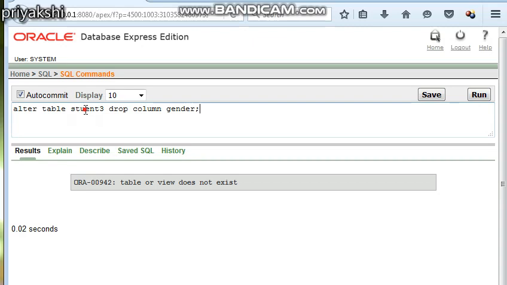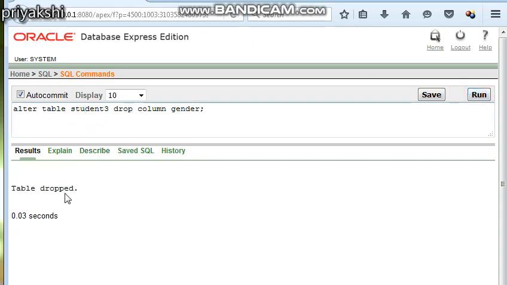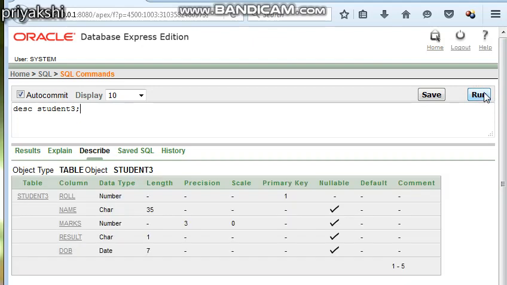There is a spelling mistake in the table name. So if you execute this, now see, there will be no column called gender in the description of the table.